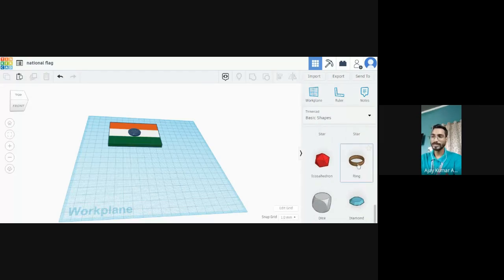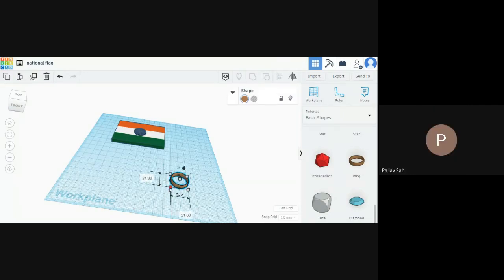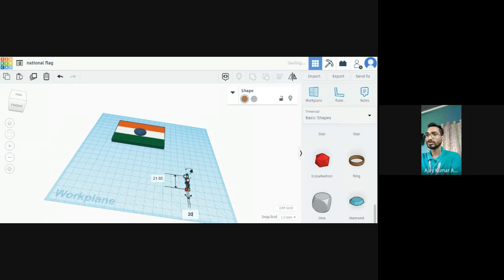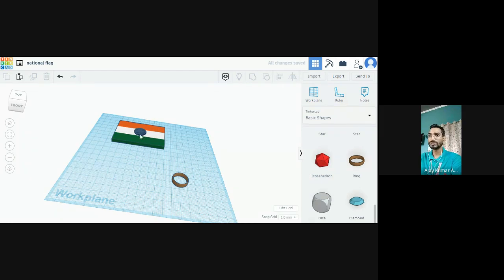So you have to take a ring from here. Okay, so you can take a ring. So again, you can just change the dimensions. You have to select the ring like this. And Nirak, just remember you are at 20 mm. So everything will now be smaller than 20 mm because you have to fit it inside. So you can just take it 20. It will be an exact fit, it will just fit in. If you want to make it smaller, you can just take 19.5 also, so that it will be easy to fit.